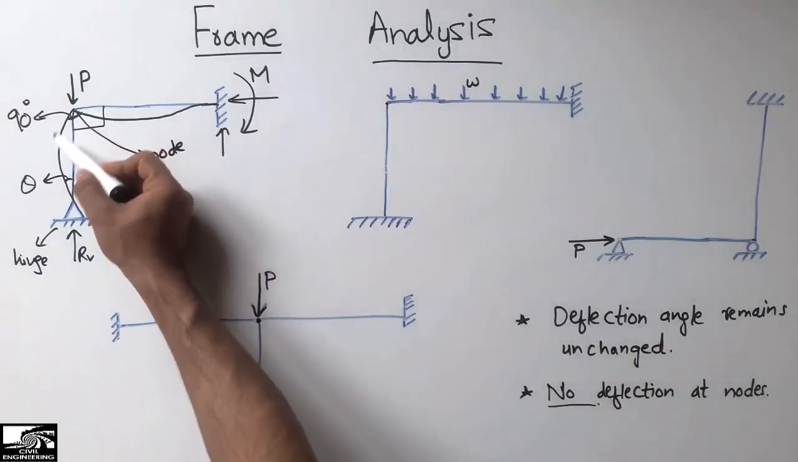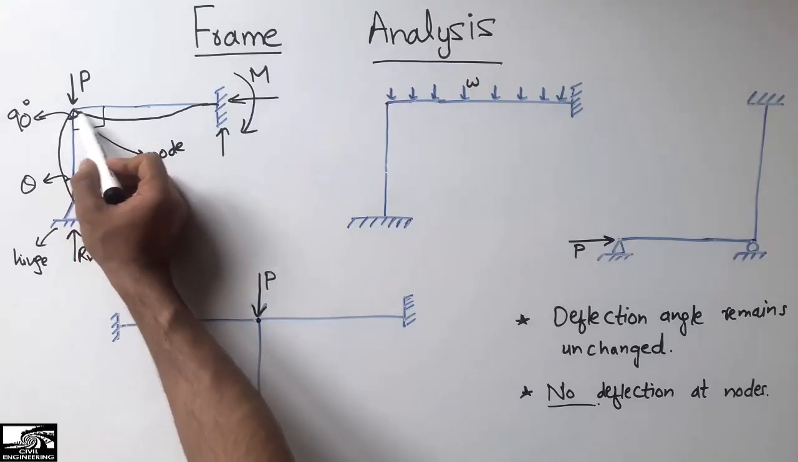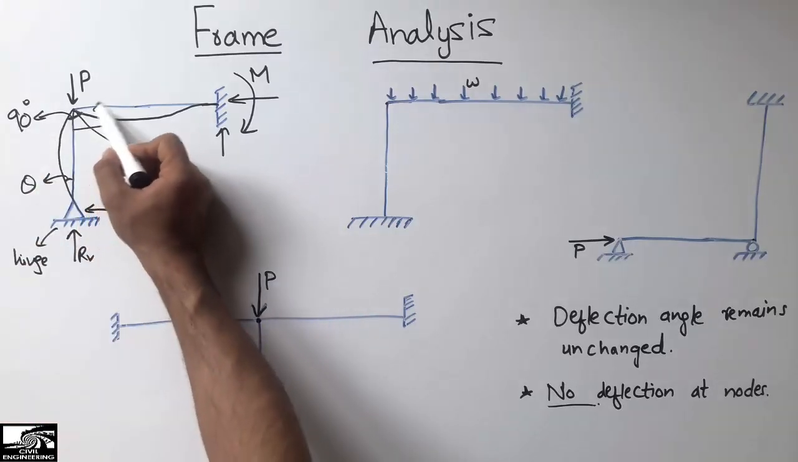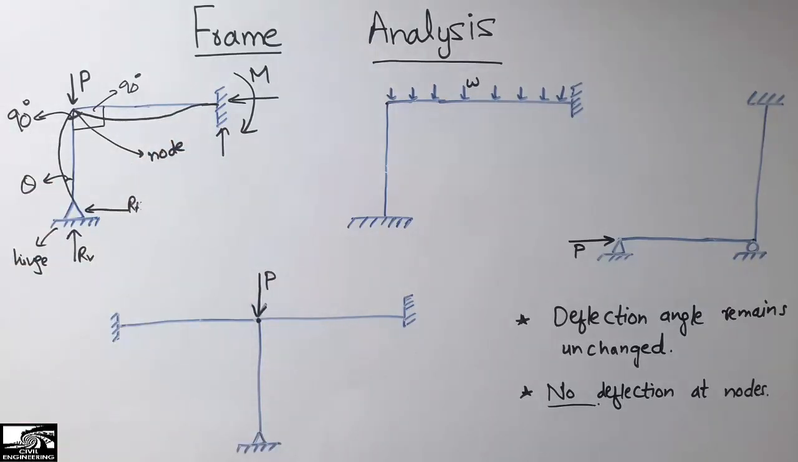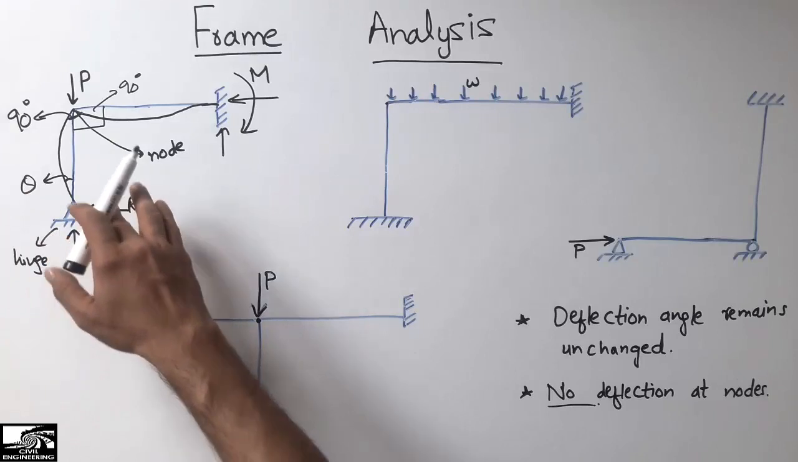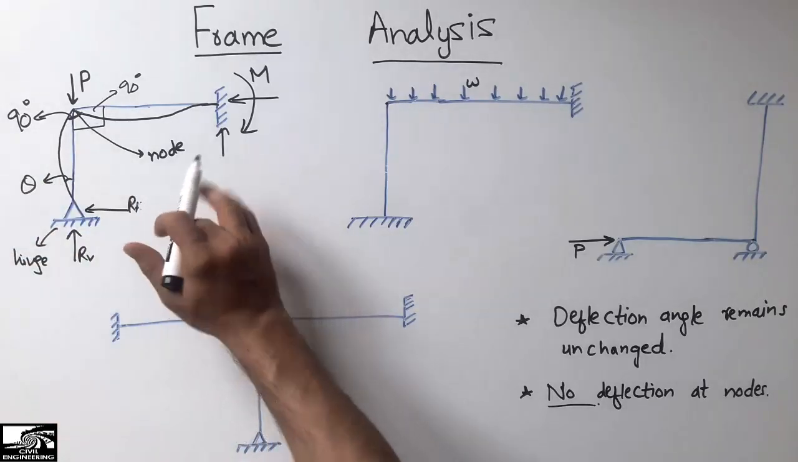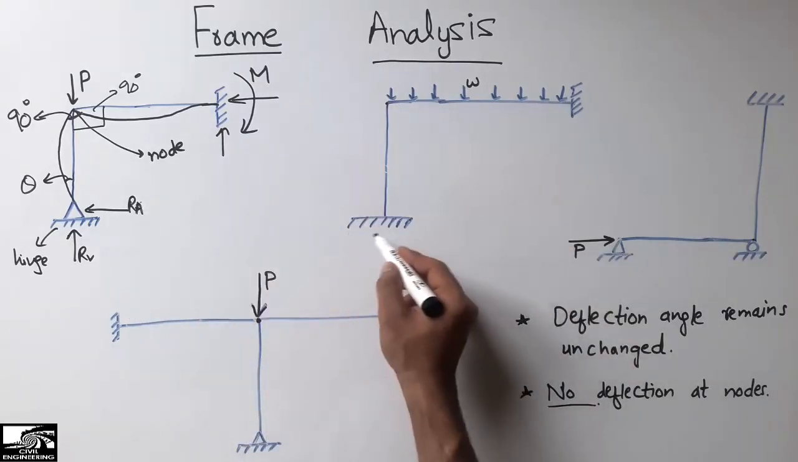So if your column deflects in this way, you should rotate your beam in this way, so that the angle between these 2 members remains constant. While before it was 90 degrees between these 2 members, so again after deflection the angle remains the same. So there was no change in angle. Now this was the first one, to draw the deflected shape of this type of frame, in which we have